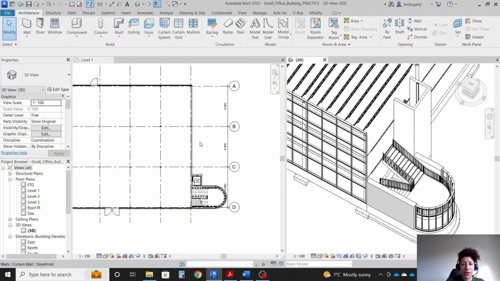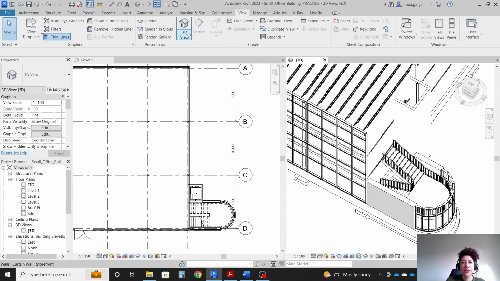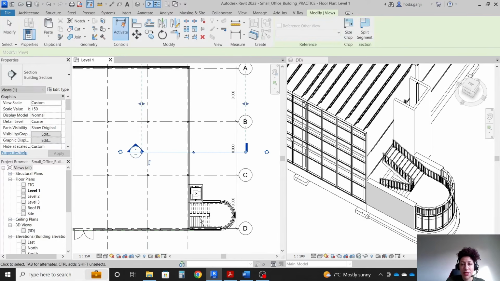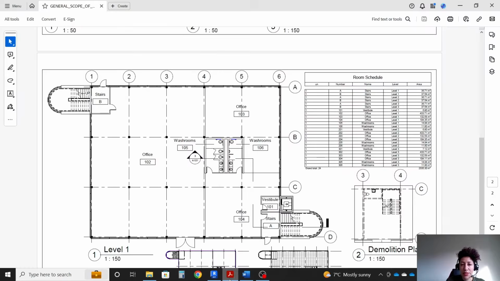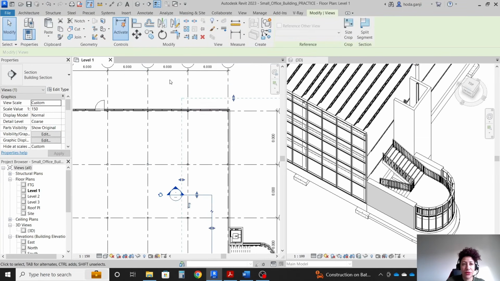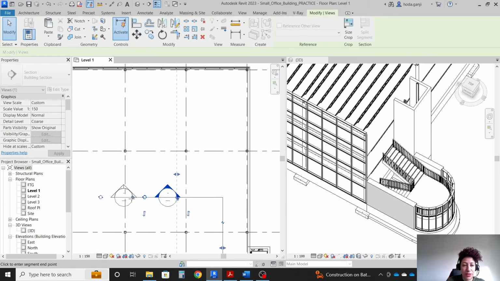I'm gonna go here. I'm gonna go with view, a section view. I need to click on level 1 so section becomes active from here to here. Then we're gonna go with split segment, and similar to here, we're gonna split it. We're gonna move this part down till here, and actually the other side of it should go all the way on the left side of grid 3. So I'm gonna move this over there, align with this. Okay,